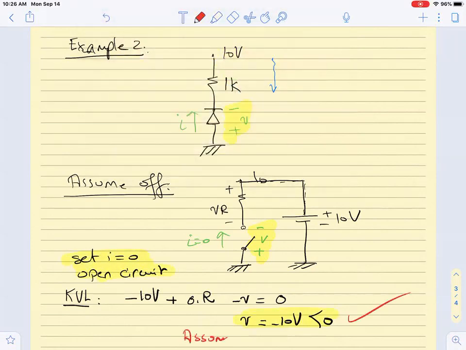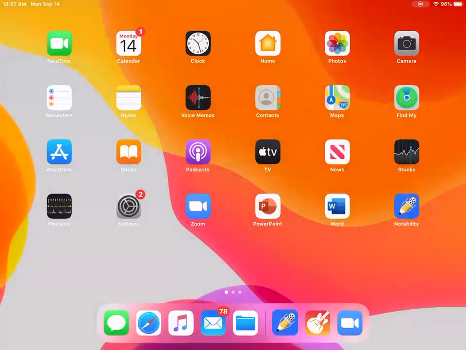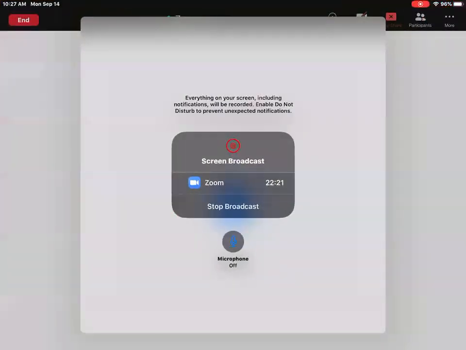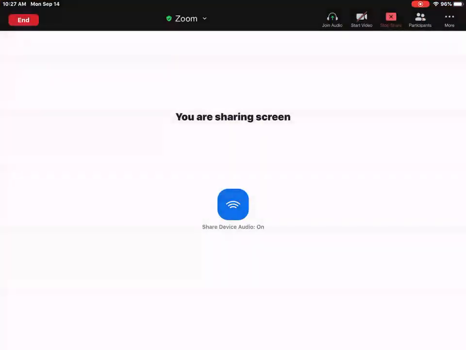Okay, so I'm going to stop here. Next time I will repeat this example, and we will see what happens if we assume that we take the wrong region. Okay, so next time I will answer your questions on this problem. Okay, now I'm going to drop the sharing. And what I want you all to go to is the Moodle page, and I'm going to also